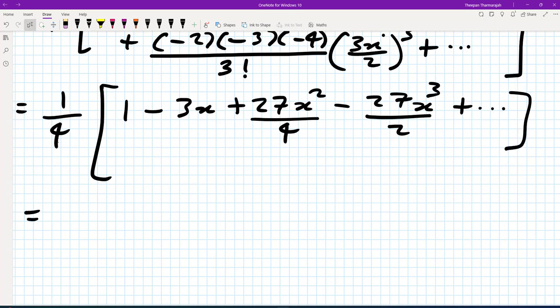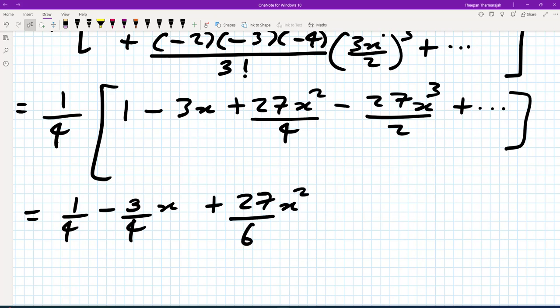Multiplying it all by a quarter, we end up with the following: a quarter minus 3/4 times x plus 27x squared over 16 minus 27 over 8 x cubed